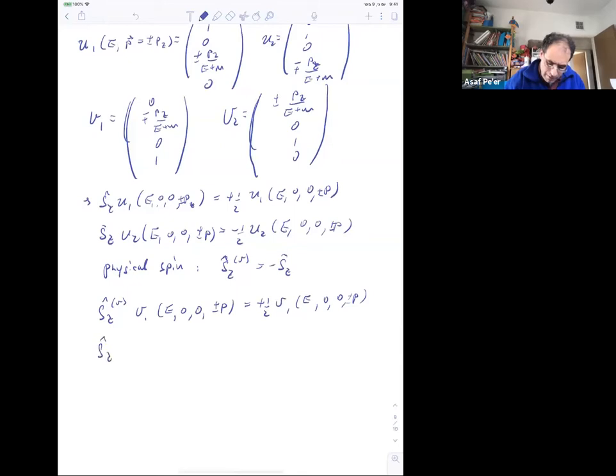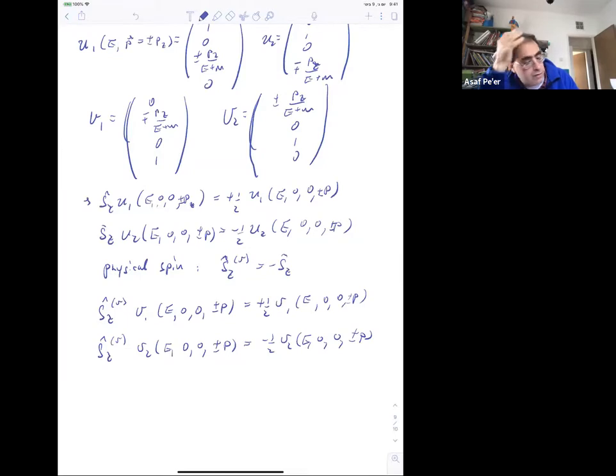And that's z v of v2 e 0, 0 plus minus p is minus 1/2 v2. So for particles and antiparticles whose momentum happens to be in the z direction, these spinors do represent eigenstates of the z direction of the spin. Okay,